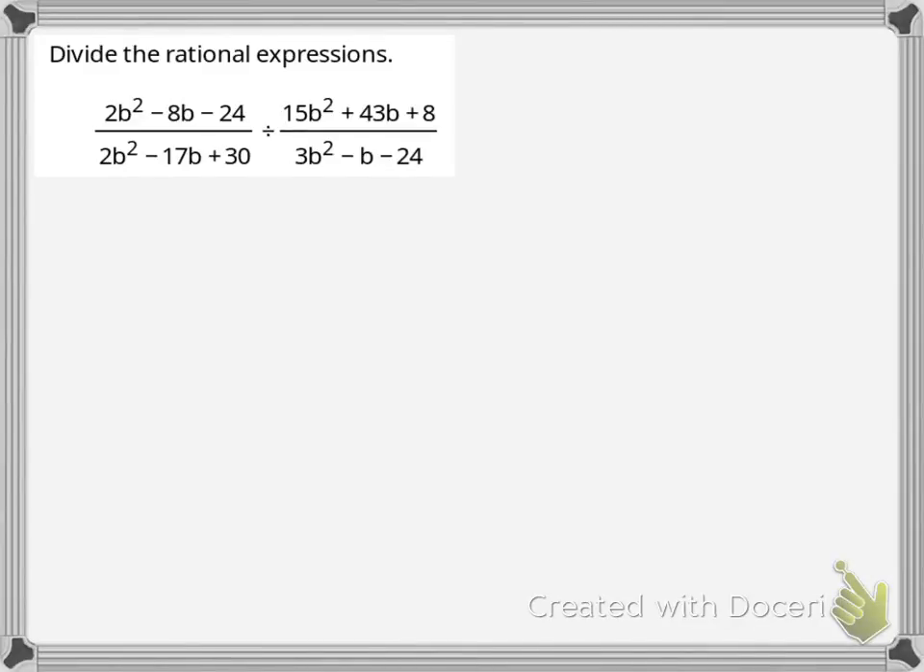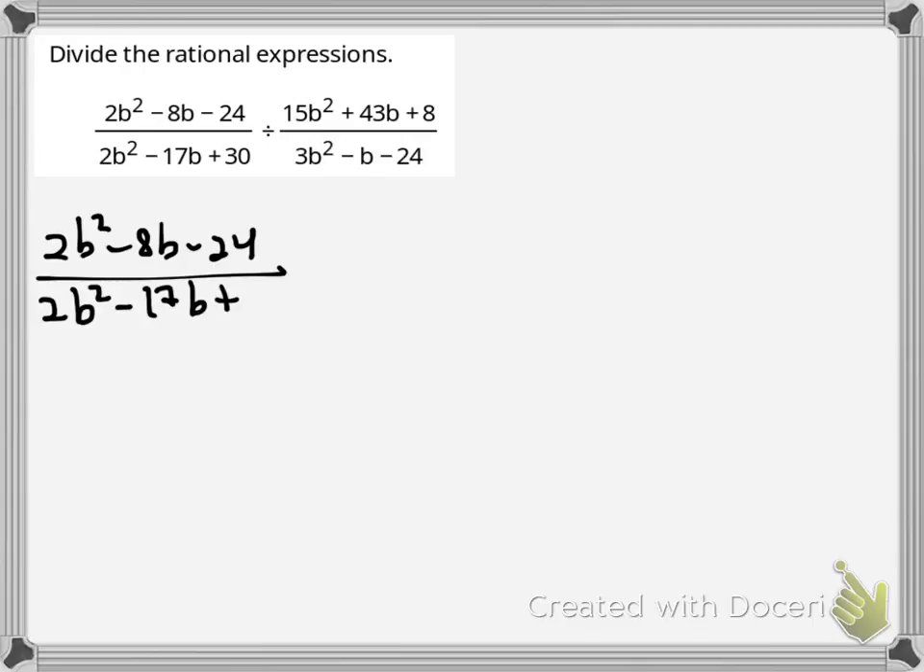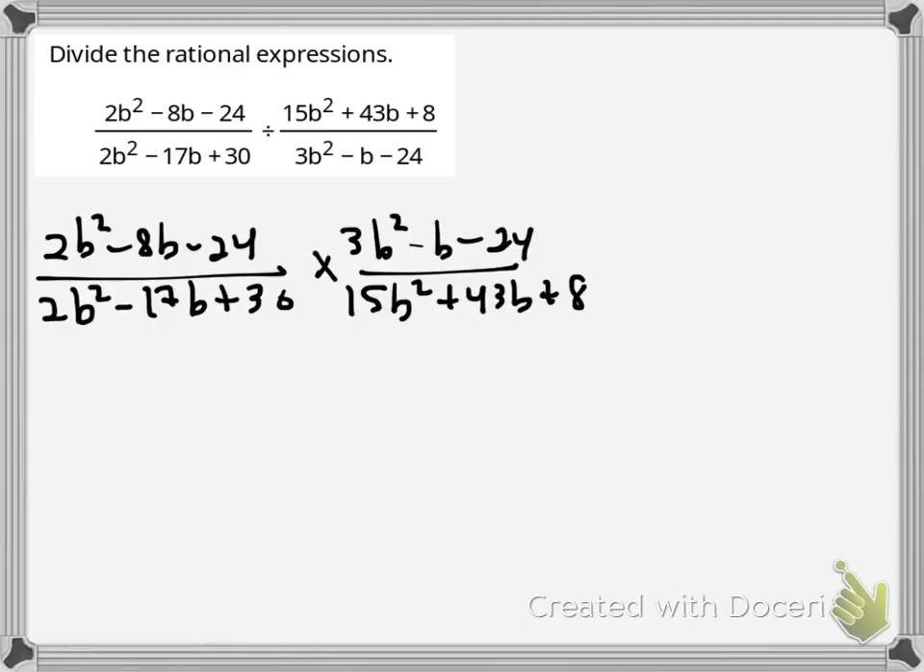In this problem, we're being asked to divide these two rational expressions. Well, dividing is just as simple as taking that second expression, that second fraction, and finding the reciprocal, changing division to multiplication, and then writing the reciprocal of that second fraction. Now, the fun part comes with simplifying this thing, multiplying this out. But before we do that,